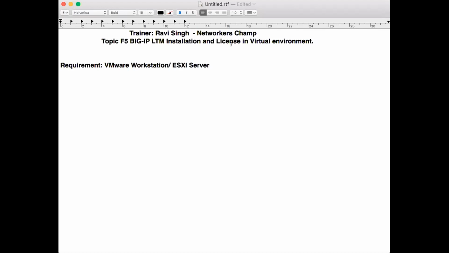Apart from that, you should have as a requirement the OVA image of F5 BIG-IP. Once you have this VMware Workstation, ESXi server, and OVA image installed, now when we come to the license,